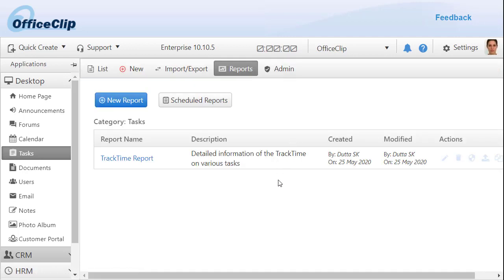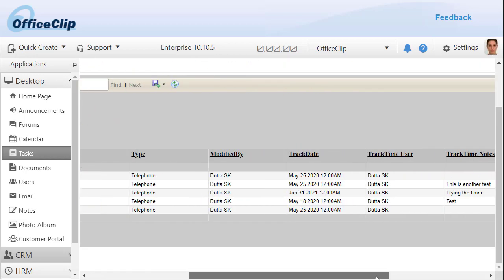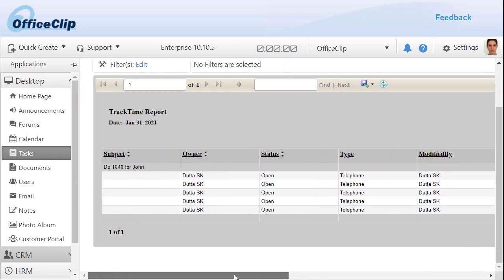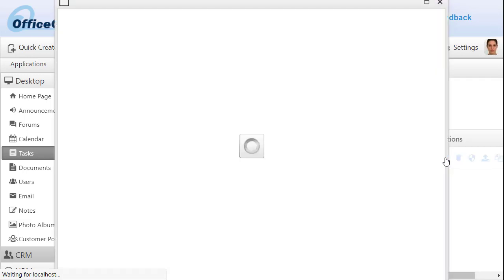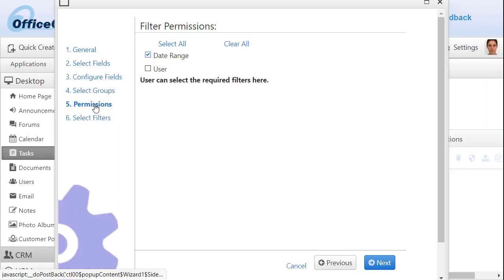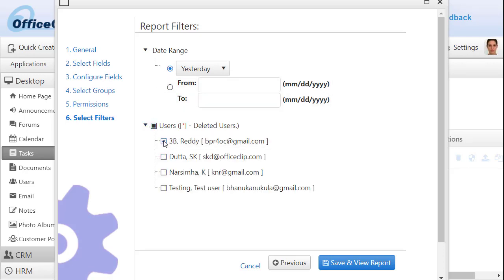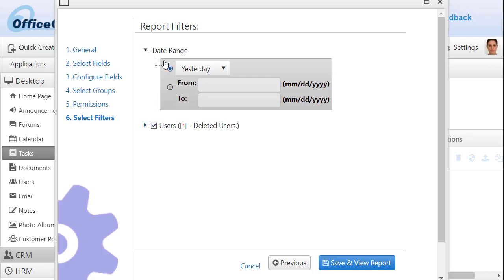Then we have also created reports here where, if you are tracking the time of the task based on the timer, you can check out all the times you have spent on the task. And there are some filters on this. In order to do this, just click on this tag here. You go in to select the fields, select the groupings of the field if you want. Then you go into the filter, and if you want to see some tasks for certain users, you can just select them. Or if you want to see all users, you can do that. And you can also select the date range.